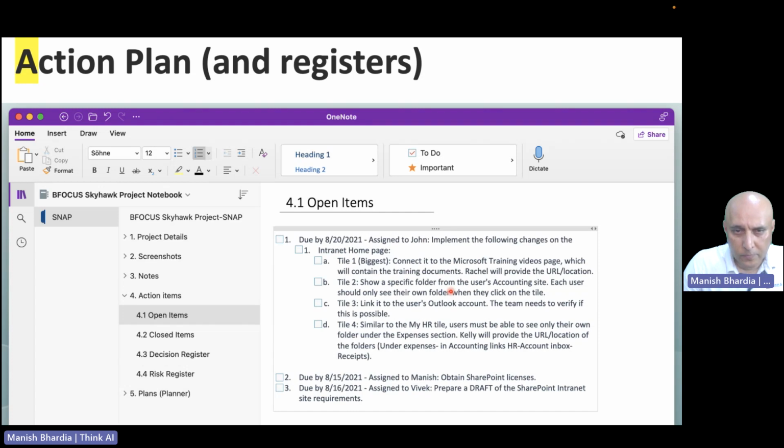Then comes the A, which is action items. Now, again, OneNote provides you a one-stop shop for all things. That doesn't mean we have to maintain everything here. We can maintain it in Excel, any other tracker, or in the planner also.